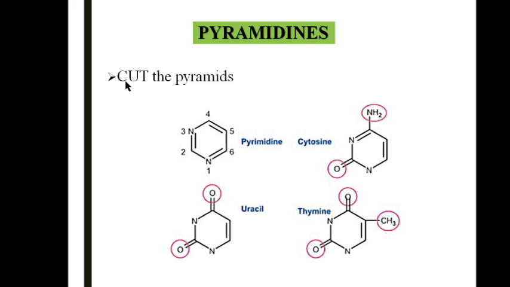The differences among the individual pyrimidines are: cytosine is present in DNA, thymine is present in DNA, whereas uracil is present in RNA. Look at the structure of cytosine. It has an oxy group at the 2nd carbon atom and an amino group at the 4th, that is 2-oxy-4-amino pyrimidine. And when you look at uracil, there is an oxy group at the 2nd position and an oxy group at the 4th position, that is 2,4-dioxy pyrimidine.